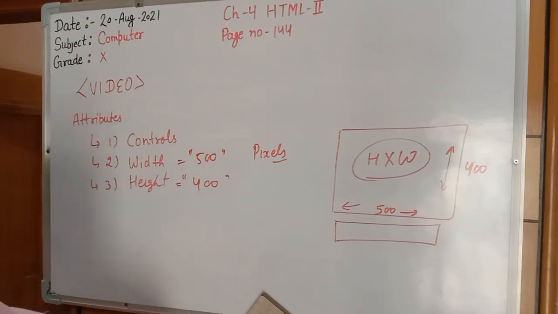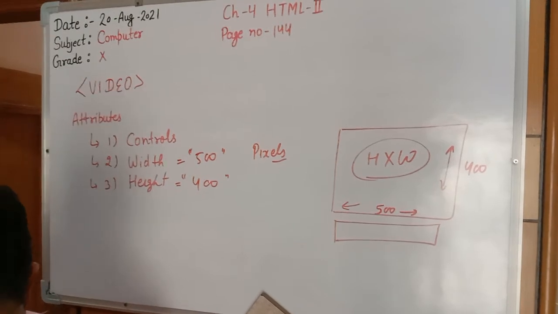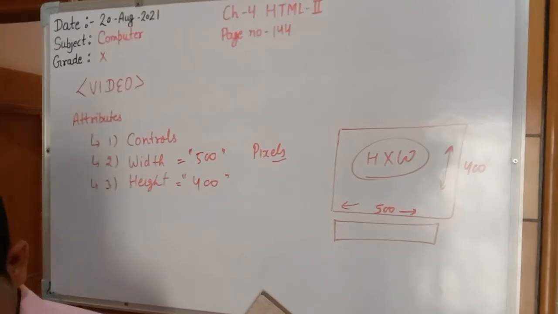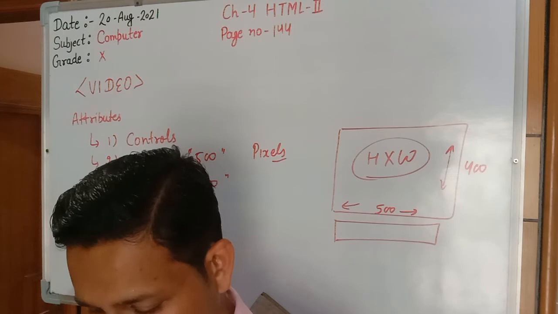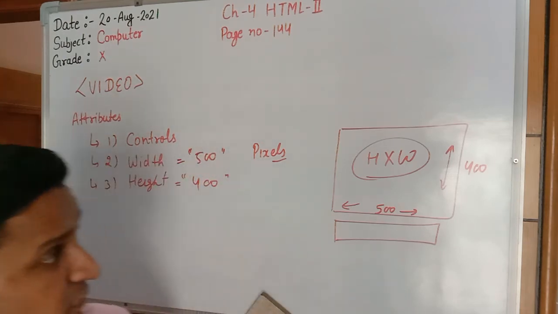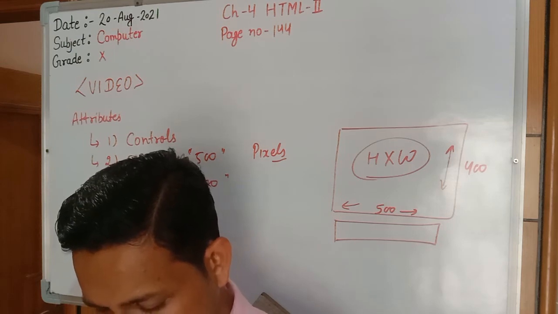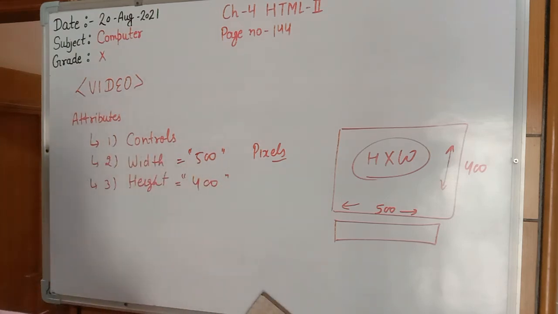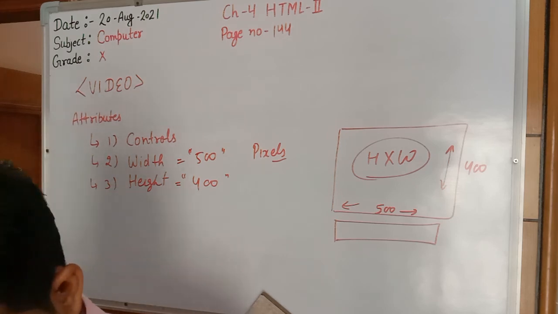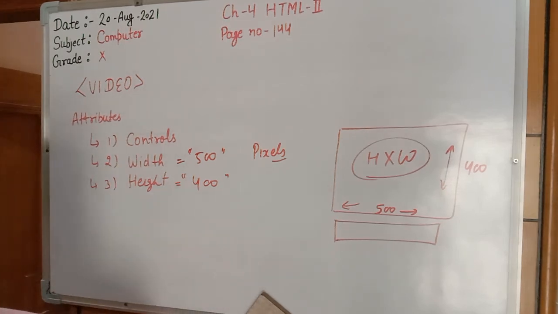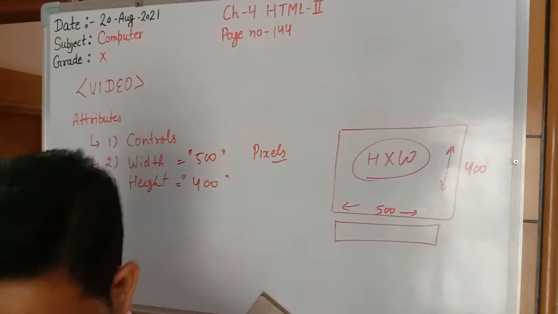Afterward, when you run this program on your computer system, the output will be displayed, as given on page number 150. One video screen will be displayed. The width of the video screen will be 500 and the height will be 400, and the video will start playing. At the bottom, a video controller is there, in which a start and stop button is there. Time is also mentioned for the video. We can turn the speaker on and off, and we can increase the screen size also. The rest of the properties we can set with the 3 dots, such as whether we want autoplay or not.